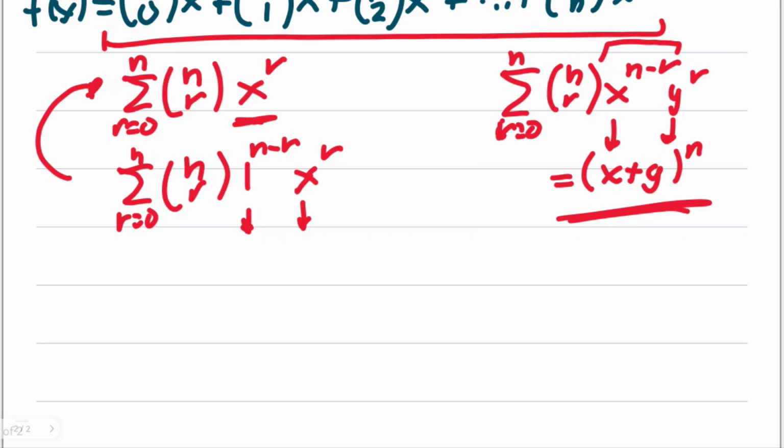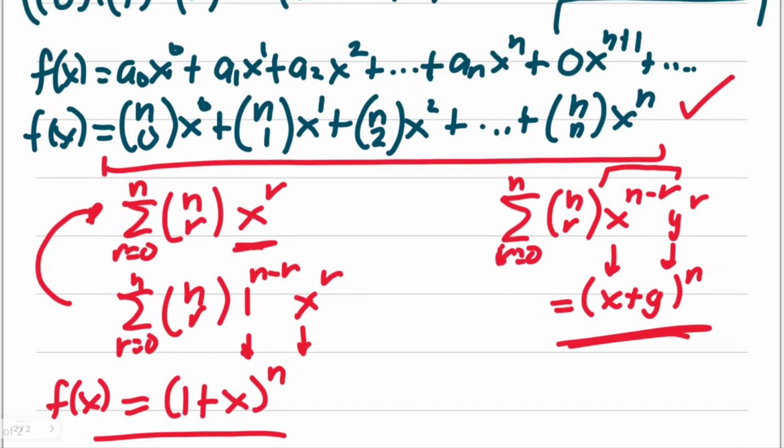So following this form, this can also be condensed. Our f of x can be condensed into 1 plus x raised to the power of n. This is equivalent to this form, a binomial expansion, where x is actually our second term, not the first term in the binomial expression. So this is, what do you call this one? It's an illustration as well.